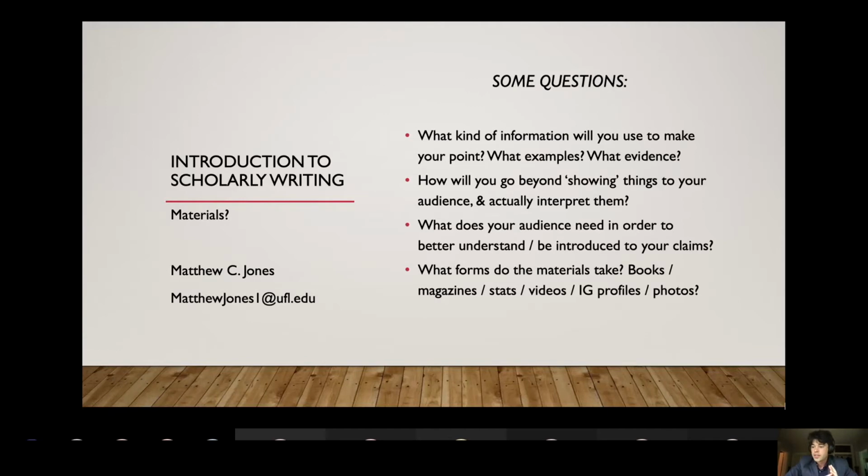Okay. Things like statistics, any piece of information, whether it be statistics or an image or a quote from a book, it's meaningless on its own. What gives it meaning is telling people how to understand it, right? So to give you an example,